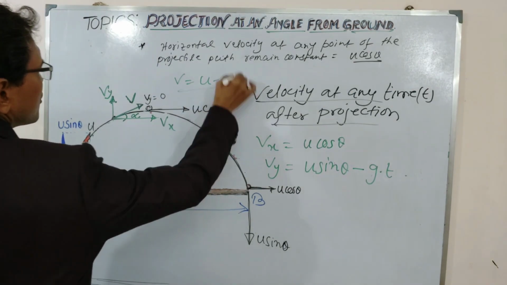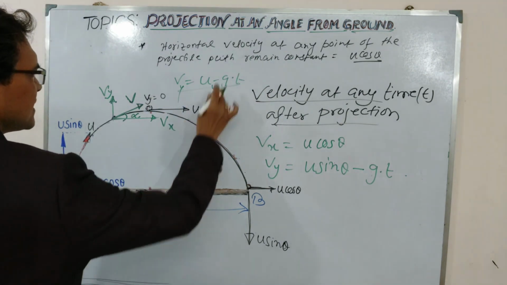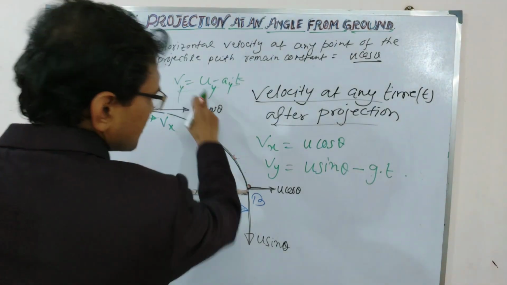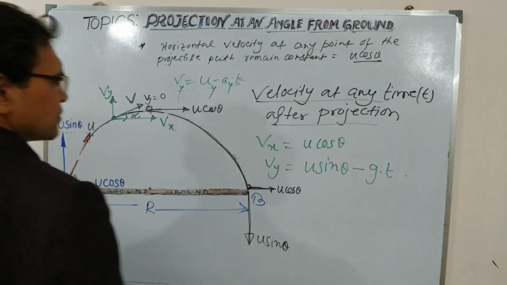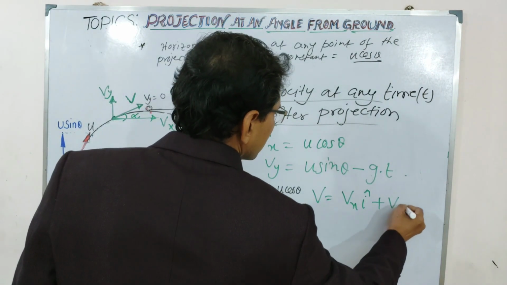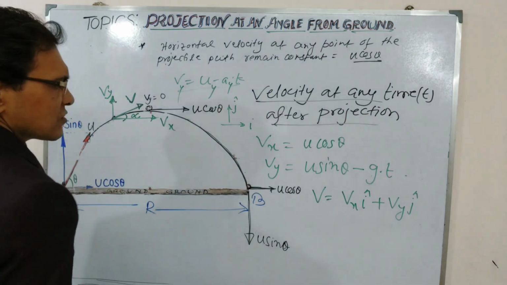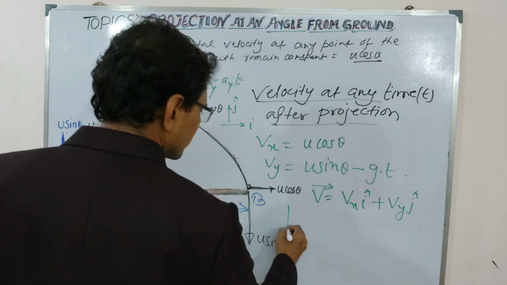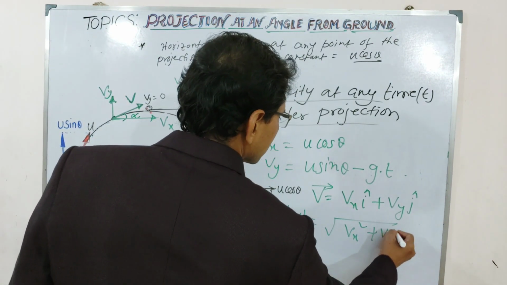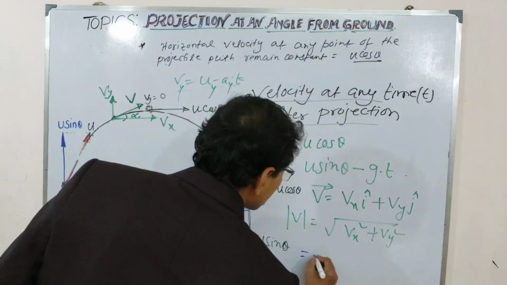V equal to u minus gt formula. So vy equal to, we take y, g means ay into t. So from that equation we get this result. Now velocity v will be this. If this direction is i and this direction unit vector is j, we can write v equal to this. So magnitude of v equal to vx. So magnitude of this equal to this. Now vx equal to